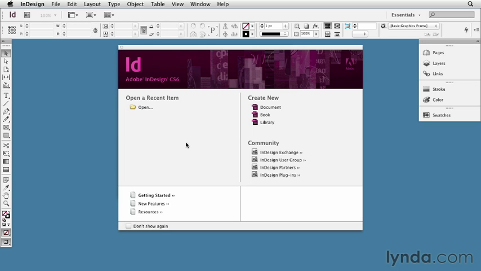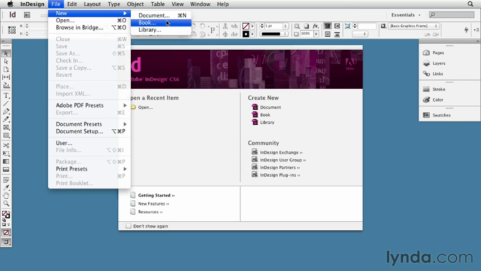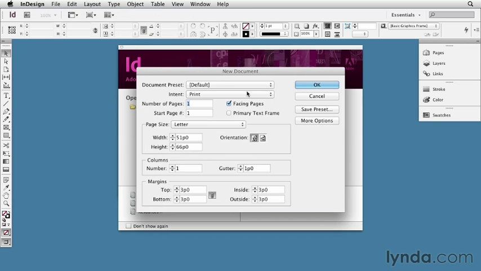Everyone knows how to create a new file. You go to the File menu and you choose New. But in InDesign, it gives you 3 different options. In this case, we want to choose New Document. Now, the New Document dialog box has lots of options, and I'm going to cover all of these in a